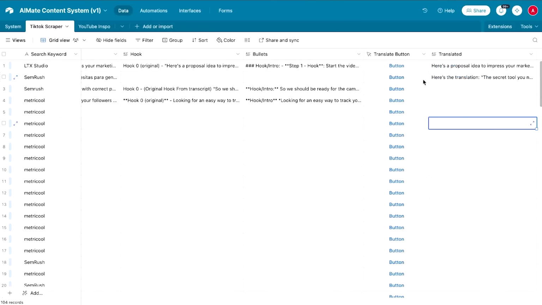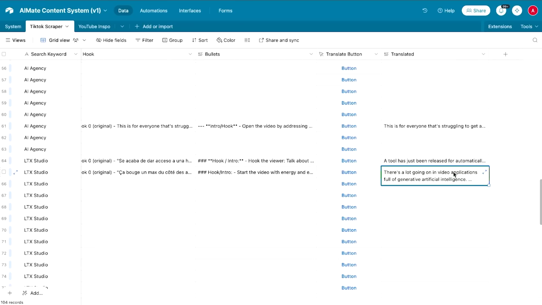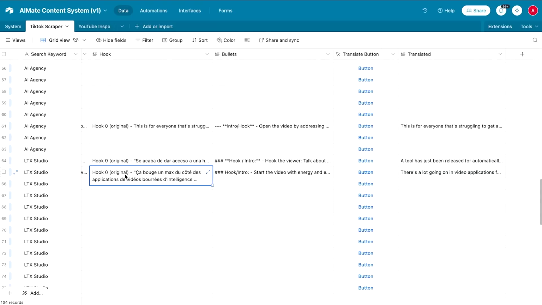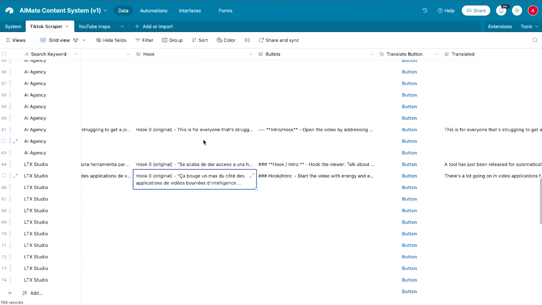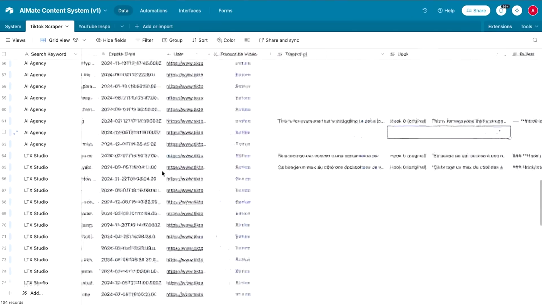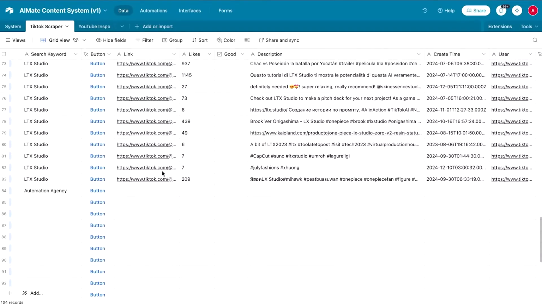Also, if the video is in a different language, we also have this translate button. And if you're wondering how fast it is, I'm gonna click the button now, and in not even 5 seconds, we get the entire translated video from, it seems, French. But you might be thinking, oh, this looks very complicated. But in fact, using this system right here is very simple, and I'll show you exactly how you can set